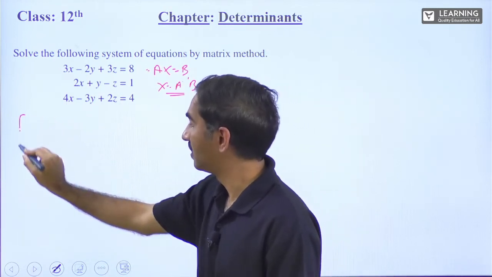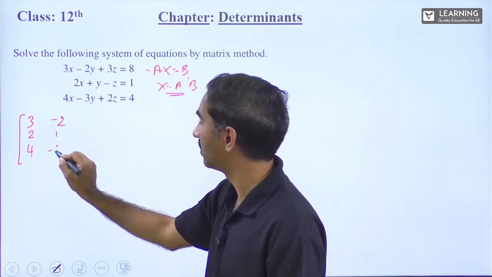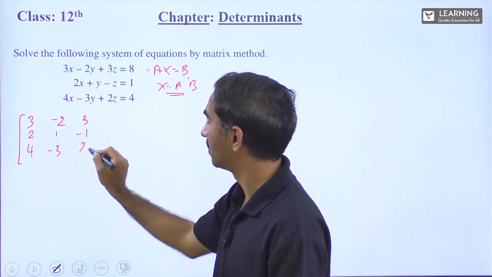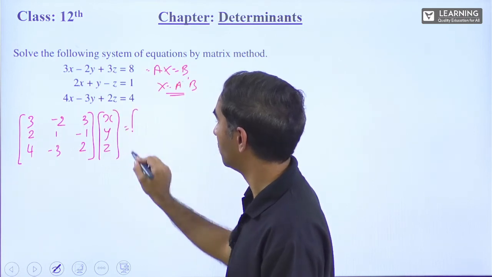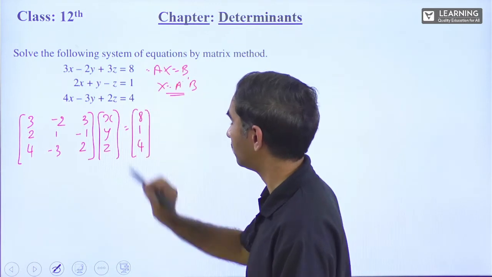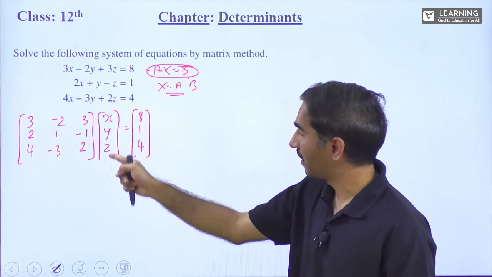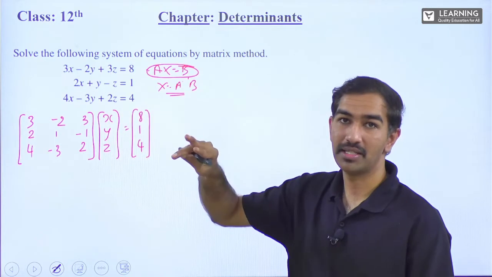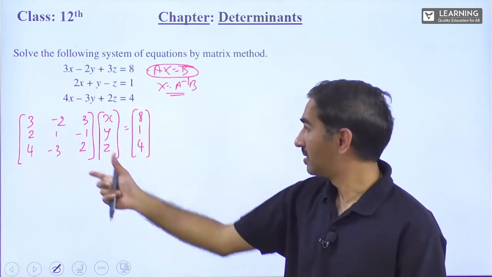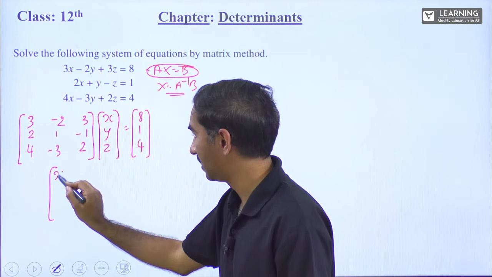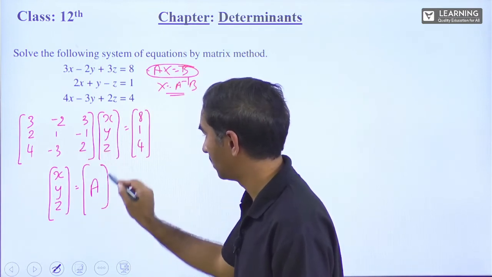So what is A? A is nothing but the numerical coefficients 3, 2, 4, minus 2, 1, minus 3, 3, minus 1, 2. And what is our x, students? x, y, z. And what is our b? B is nothing but 8, 1, 4. This is in the form of Ax equals b. Now we have to find out the values of x, y, z. 3 equations and 3 unknowns, correct? x, y and z. Send this on that side. What will happen? x is equal to A inverse of b. So here we'll write x, y, z is equal to A, the same matrix, inverse of